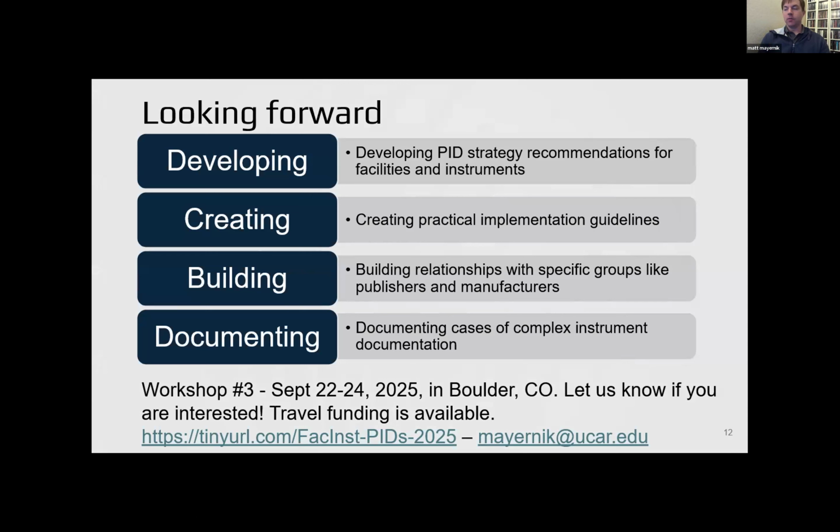I recognize that travel to the US may not be possible for many people, or desired at this point. We potentially will have an online option for plenary discussions, probably not for the breakout discussions that would be involved in the workshop. So if you're interested in that, you could email me directly or fill out this form and indicate that you're just interested in some kind of virtual option if you're not able to travel to the US. So that's what we're doing this year: working on these recommendations and using this workshop to hopefully finalize or really concretize those in a final form.